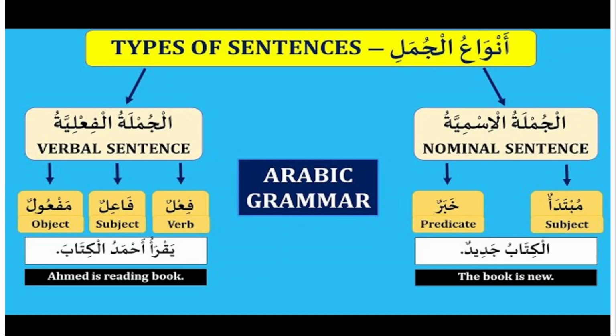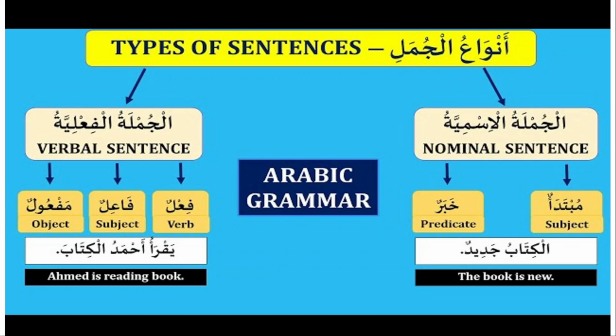All right. So let's recap once again the types of sentences. There are two types of sentences. You have jumlatul ismiya and jumlatul fi'liya. Jumlatul ismiya consists of mubtada and khabar, which is your subject and predicate, or you can say news. And jumlatul fi'liya consists of fail, fa'il, and maf'ul. Fail is verb, fa'il is subject, the person doing it, and maf'ul is that on which the action is being done. All right. So that's the overview of the